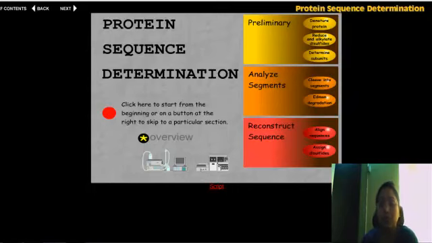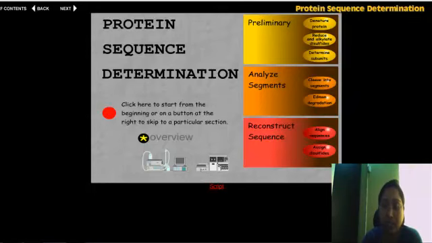So the first and foremost thing is to find out the primary structure of protein. Now in order to find out the primary structure of protein, we actually have to find out the protein sequences. So herein I'm going to play you an animation, and I'll brief you on the different ideas also, how to sequence a protein. So right now I'm starting with that animation. Okay, so this is how we can start over.